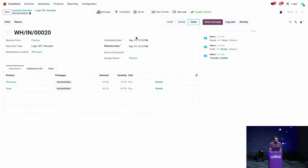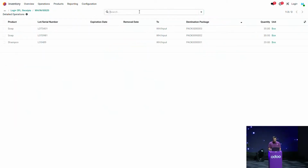But there is a next transfer, because you did the receipt, but you need to do the storage. So take the palette and store it in the right place. So I can click just one thing before that. I can show you the moves. The moves